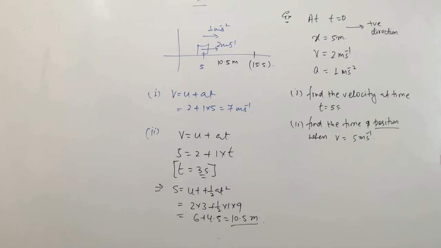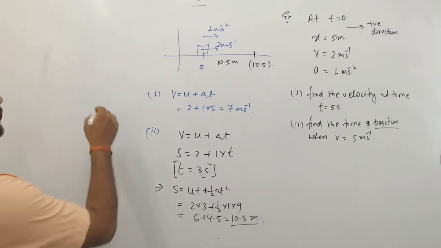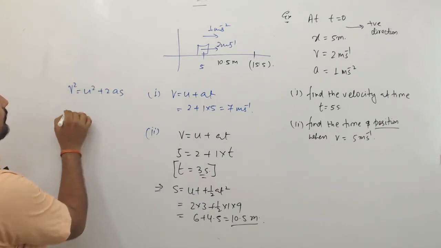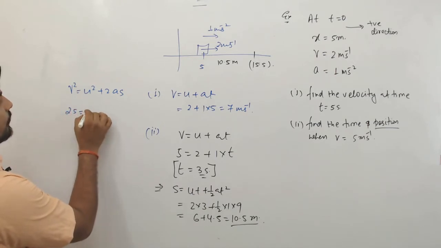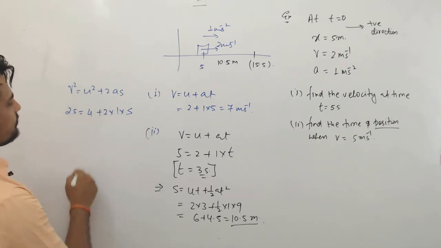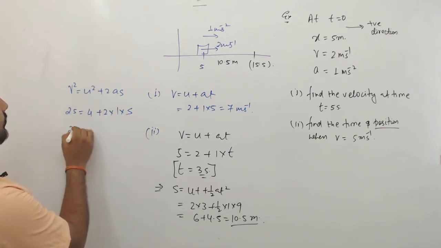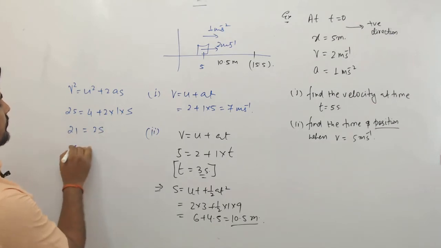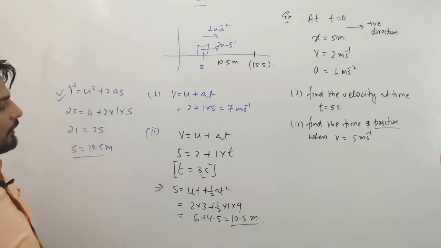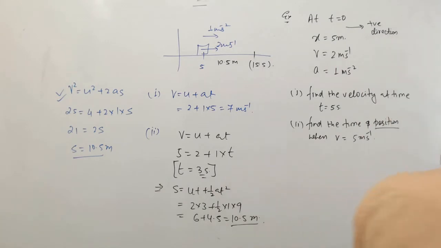Yesterday also I have done one such question, and I'm sure you remember that. Also, if I apply v square is equals to u square plus 2as. V is how much? 5 meter per second, so 25. U was 2, whole square 4, plus 2 into a is 1, s I have no idea. So this is going to be how much? Probably 21 should be equals to 2s. S is going to be how much? 10.5 meter. So using this also you could have got the value of the displacement, and using this also you have got the value of displacement. To koi buri baat nahi hai, not a big deal, hai na ji? Chaliye,